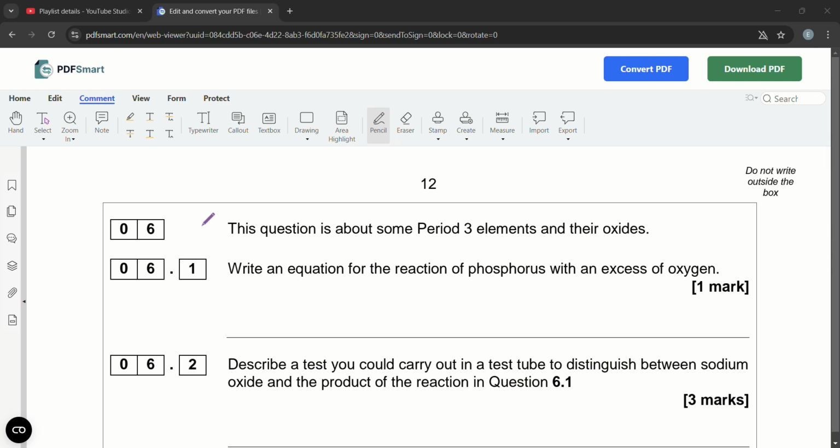Question 6. This question is about period 3 elements and their oxides. Write an equation for the reaction of phosphorus with an excess of oxygen. It's 1 mark, recall of an equation. P4 plus 5O2, arrow,